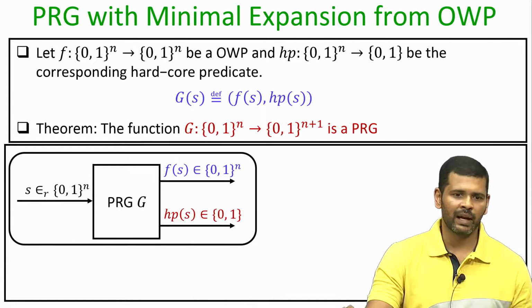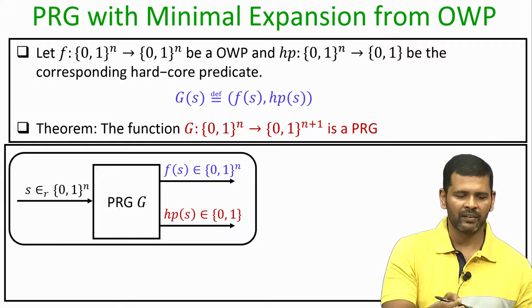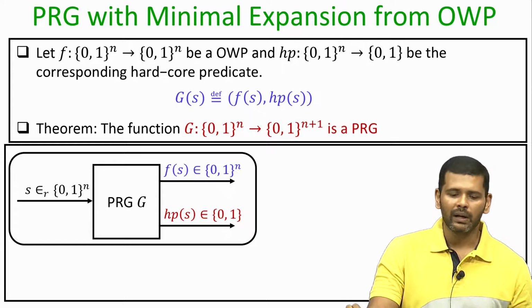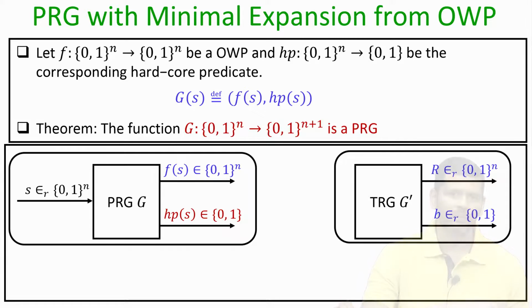So, pictorially this is your algorithm G. You take the input of size n, which is a uniformly random bit string, and you produce a bit string of length n plus 1, and we want to prove that this algorithm G is a pseudo random generator. Namely, we want to prove that the output of this algorithm G is indistinguishable from the output of a true random number generator, say G dash, which also outputs strings of length n plus 1, where the algorithm G dash differs from the algorithm G in the sense that all the n plus 1 output bits of G dash are uniformly random and independent of each other, whereas the outputs of algorithm G actually depend upon the